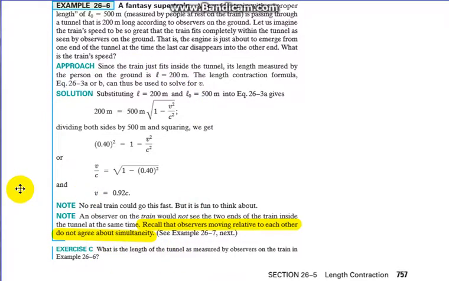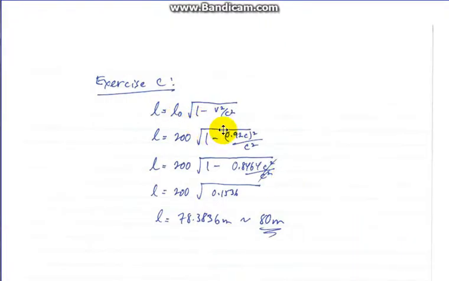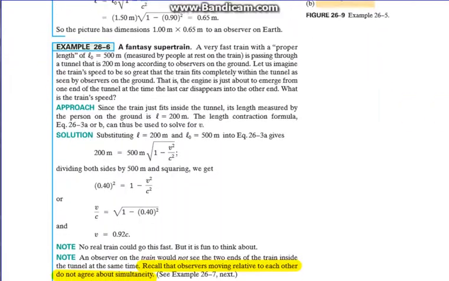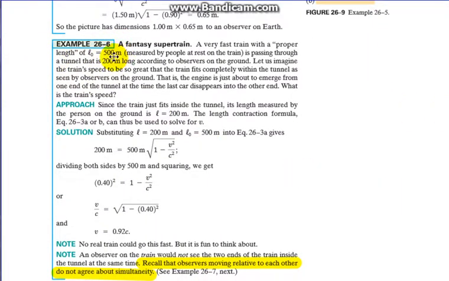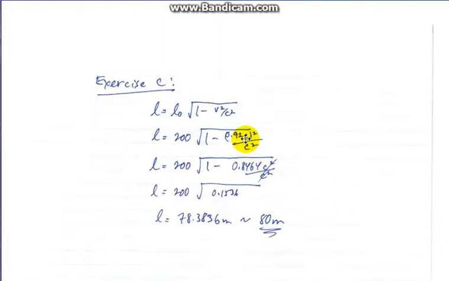Someone outside the tunnel sees the train moving, but the people on the train see the tunnel moving. So what is the length of the tunnel itself? I've worked that over here. Of course the proper length of the tunnel itself is 200 meters, as we were told in the original question. So the length of the tunnel going 90